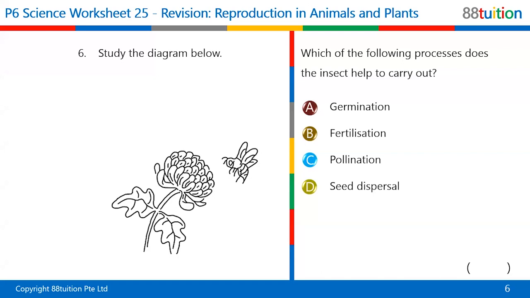Of course, one of them has to have the female reproductive parts, like the stigma, the style, the ovaries, and also ovules. So what else is important? Where will the pollen grains come from? The pollen grains come from another flower which